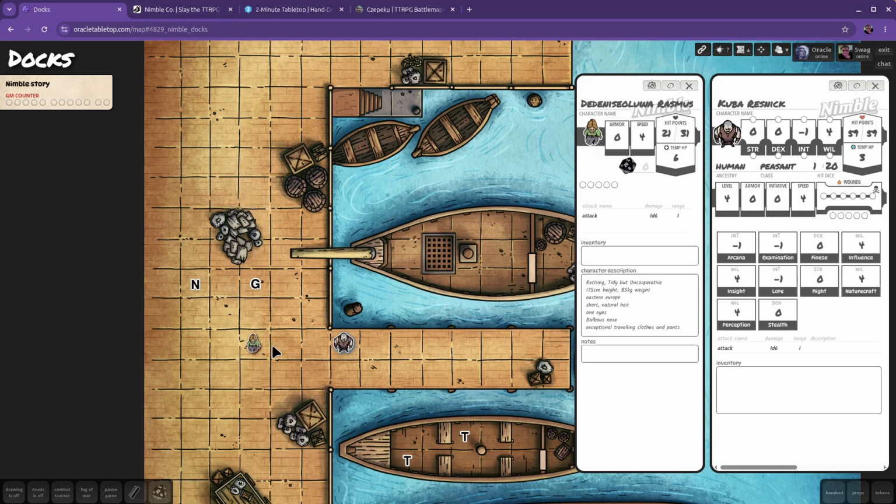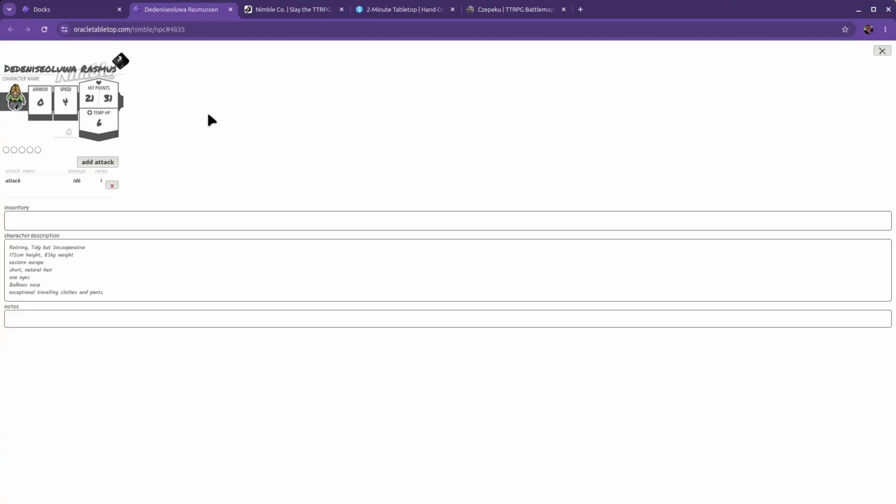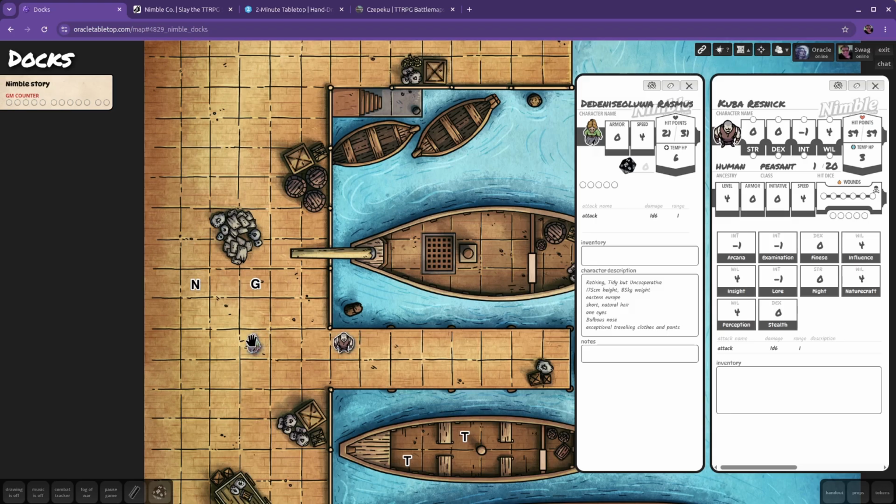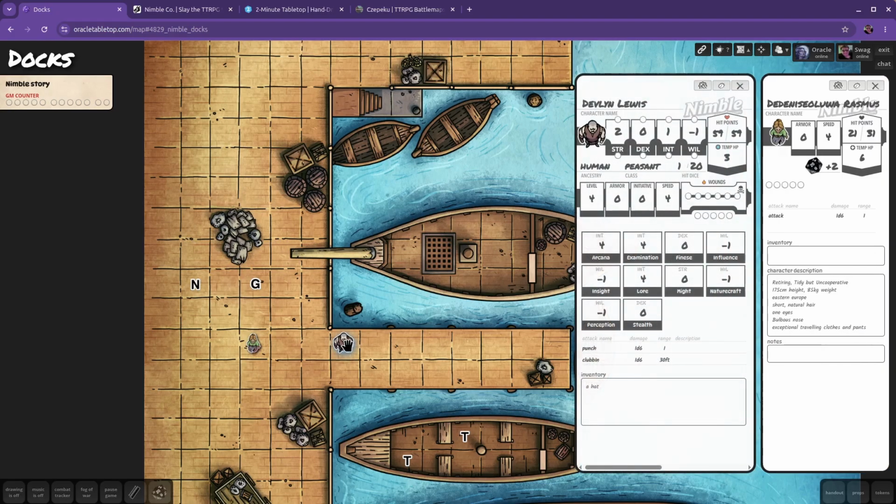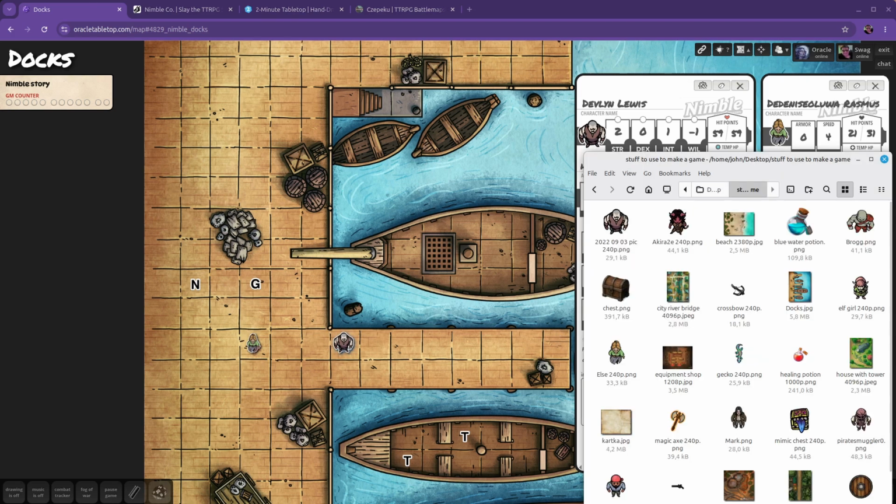It works the same with the NPCs. You can also open the card and add more attacks if you want to. So I'm gonna update those sheets. Double clicking on a token opens a character sheet as soon as it's a token. So if I put an